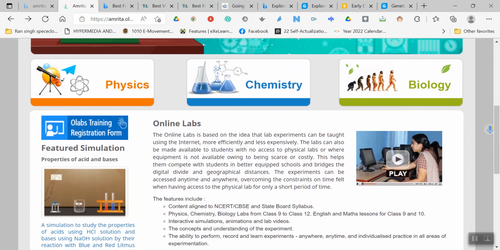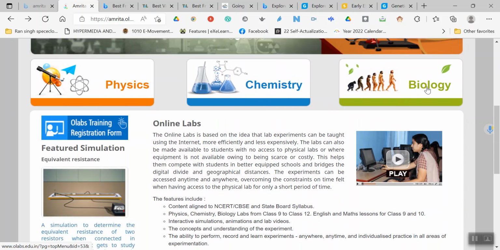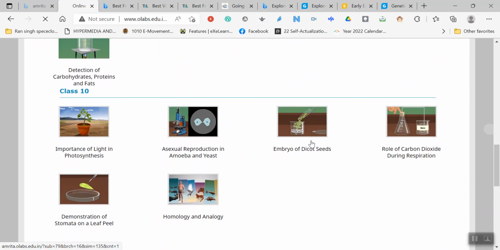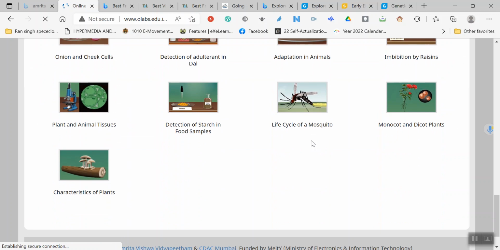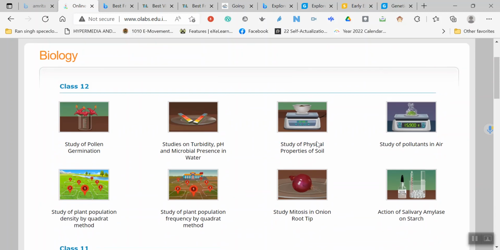If you see, this page has labs for physics, biology, and chemistry for classes up to class 12. So if you go to the biology lab and look inside, you will see that there are experiments starting from class 9 to class 12. Although these are experiments designed for classes 9, 10, 11, and 12,